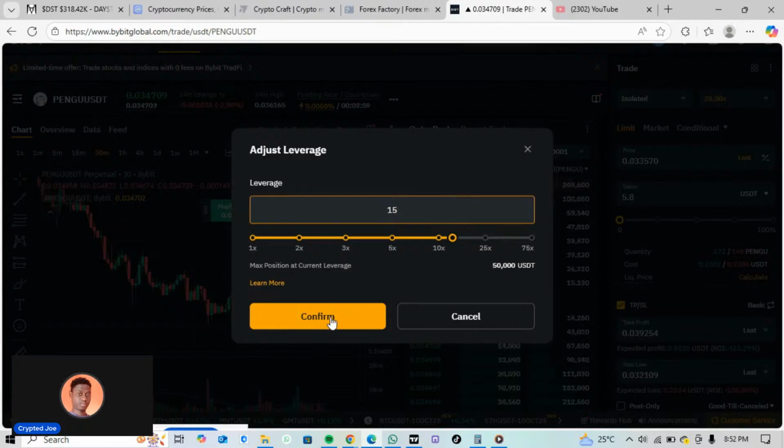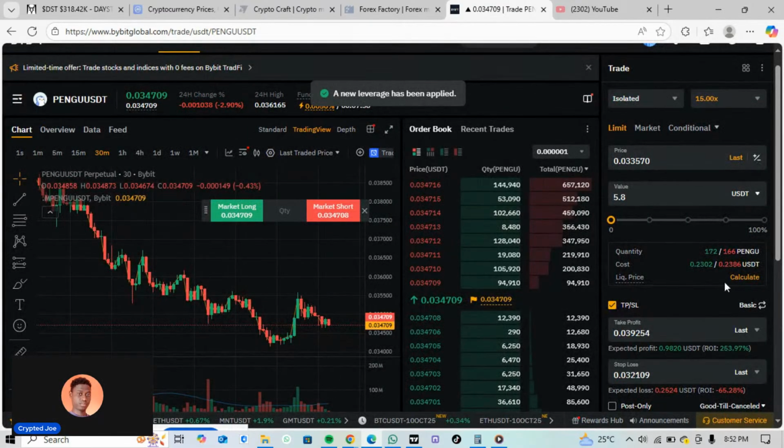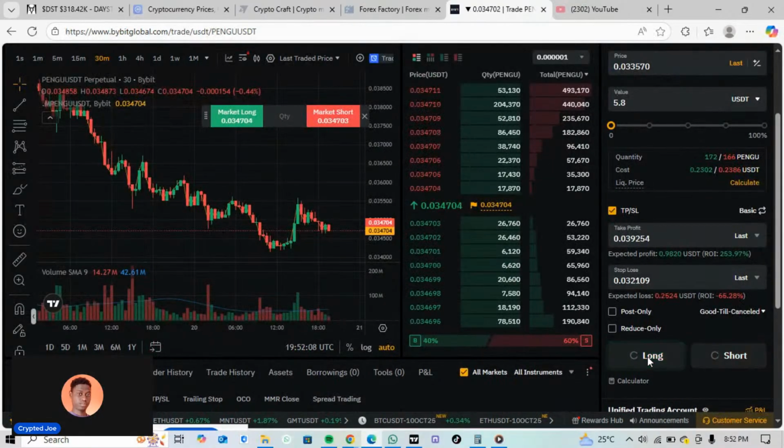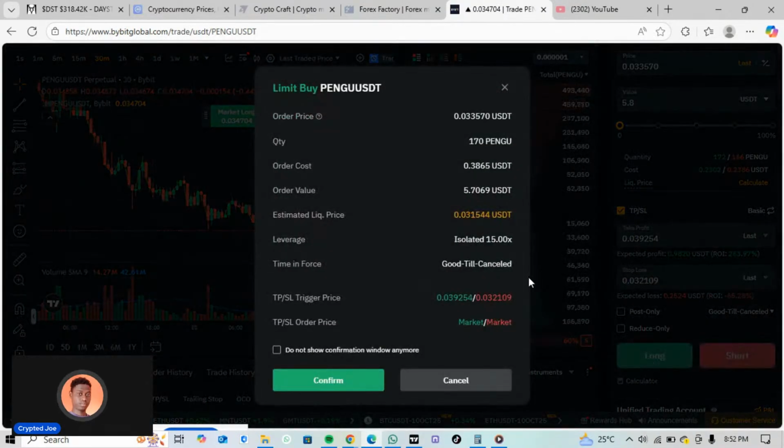Use 15x leverage. You click on buy long and you check 0.31544, 0.32109. You can see this 15x leverage now allows you to take this trade and successfully hit your stop loss first before your liquidation. So you are good to go with this